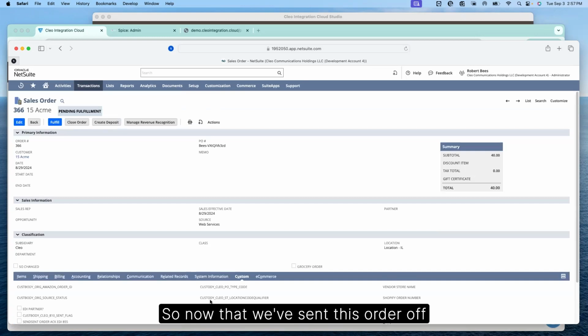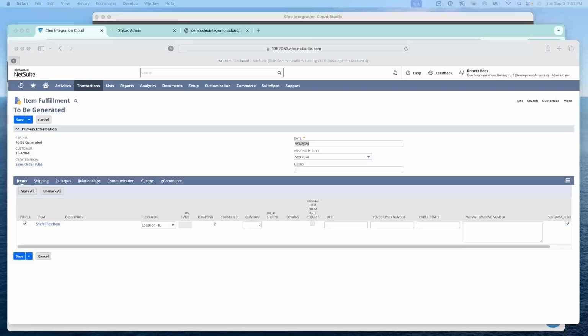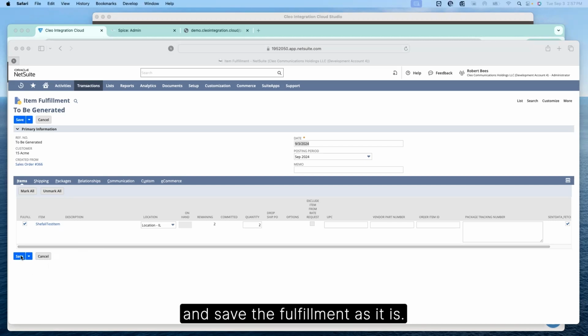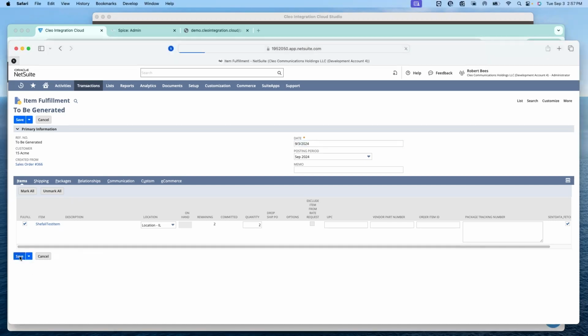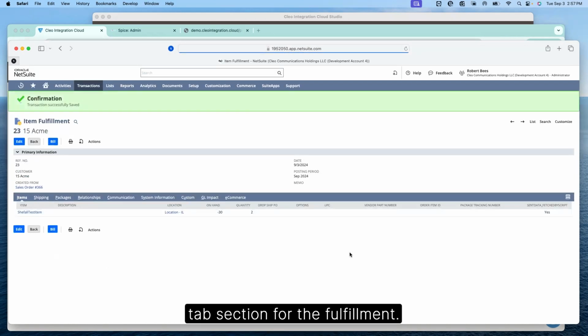So now that we've sent this order off to our partner, we're going to go ahead and move into the next step, which is to do the fulfillment. So very simply going to fulfill this. I'm just going to go with the basic information here and save the fulfillment as it is. And then, as soon as this saves, I'll show you the custom tab section